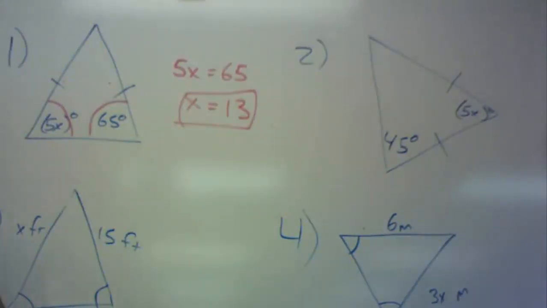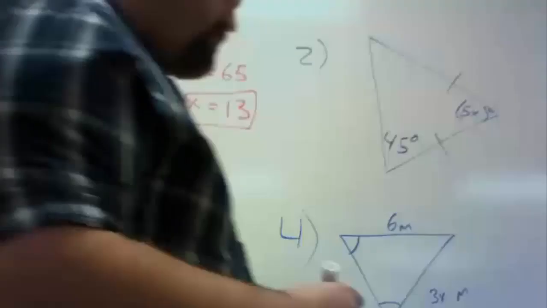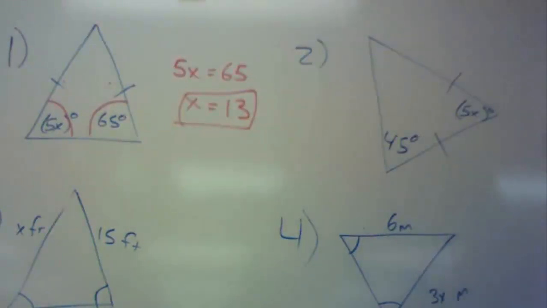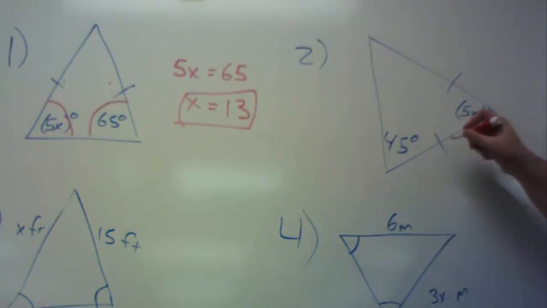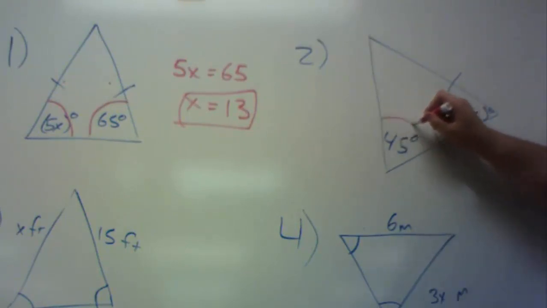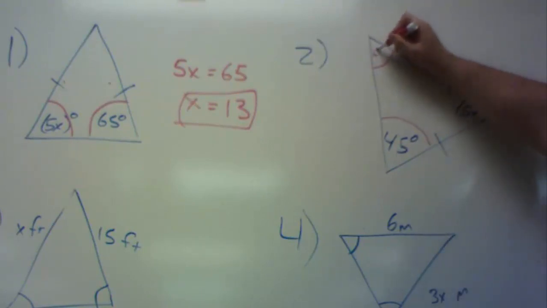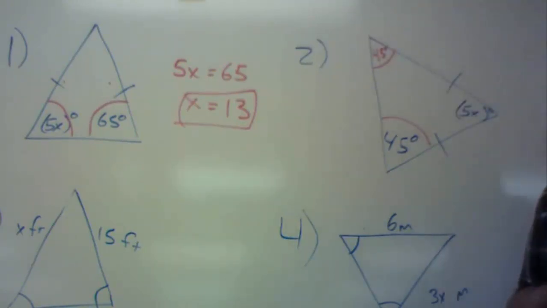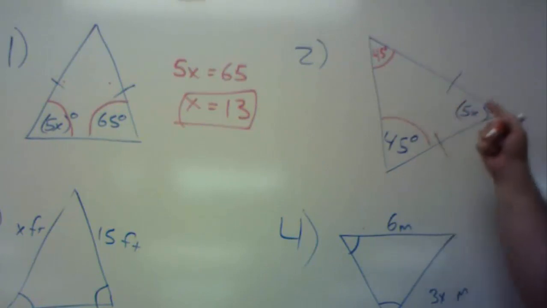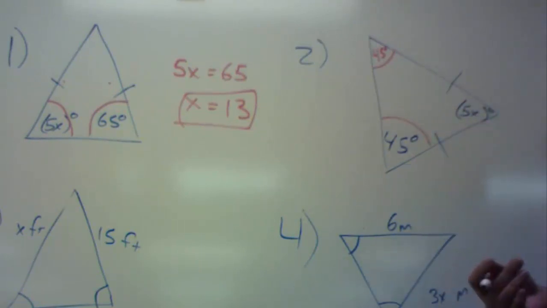Number 2 is a little bit tougher. However, it's not that bad. If I look here, these two sides are congruent, which tells me these two angles are. If these two angles are congruent, I know that that one has to be 45 degrees. And if I know these two, and I know this one here, well, all the angles of a triangle have to add up to be